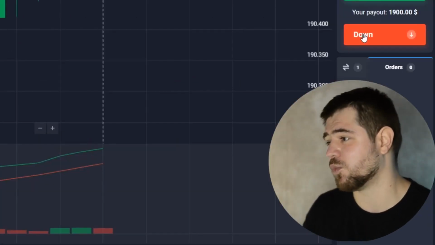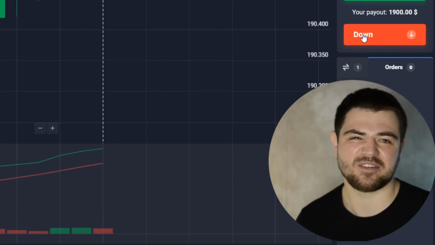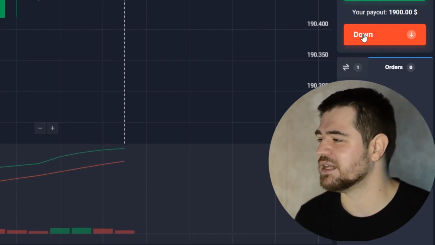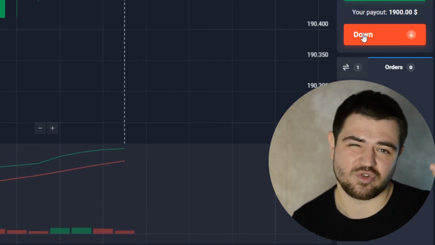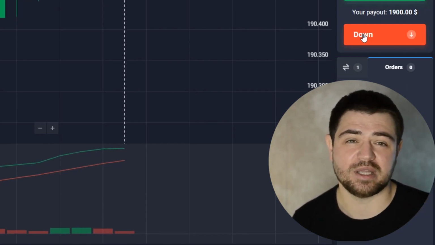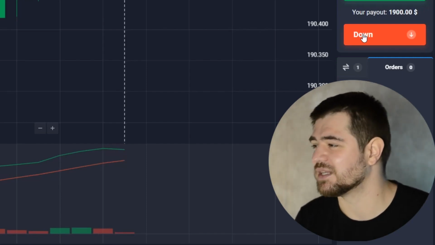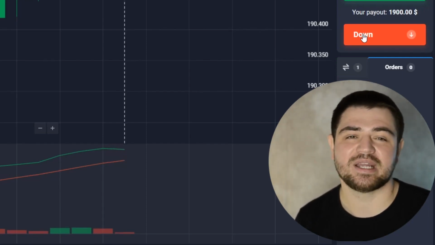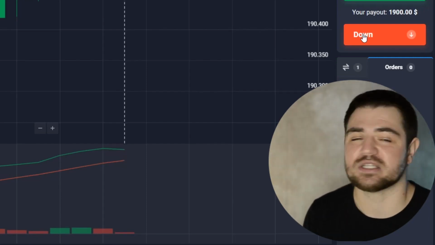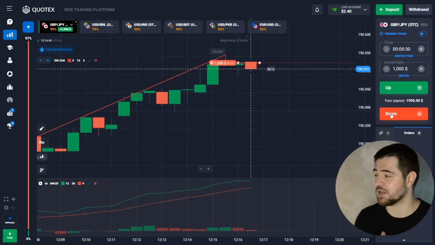So put option for 1,000, 30 seconds. Even if it's a pullback, it will be enough time for us, while it drops down, to be in the profit. If it reached the resistance level, we don't care what happens next, because this is really fast moving,